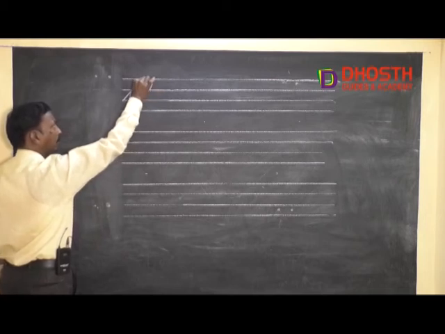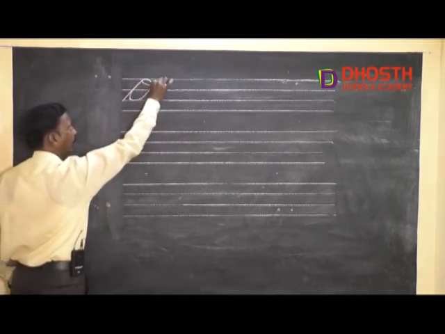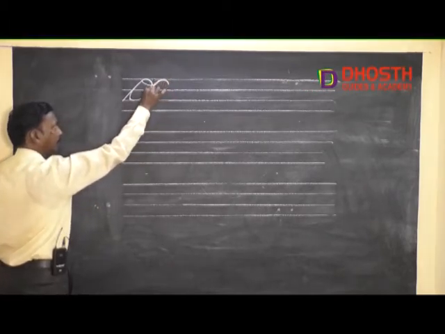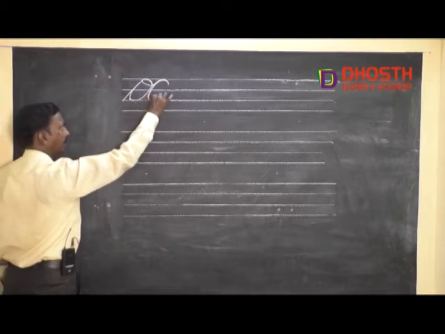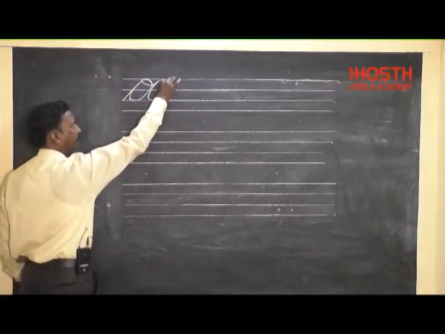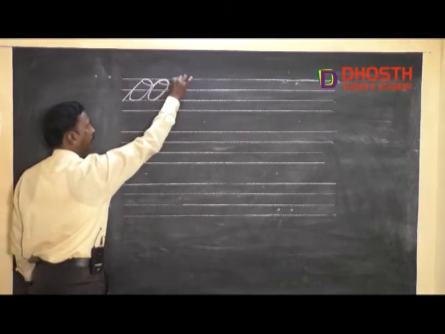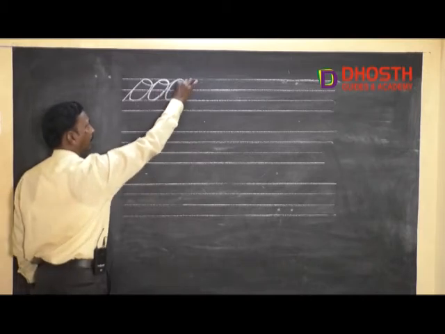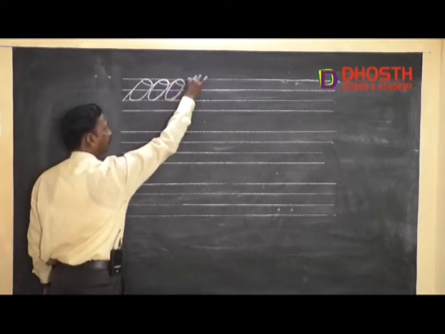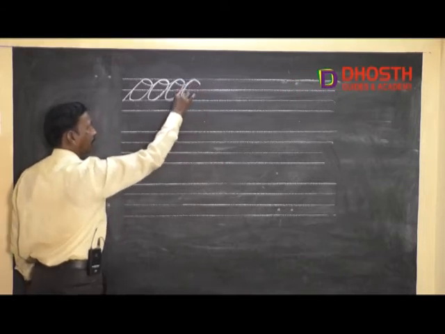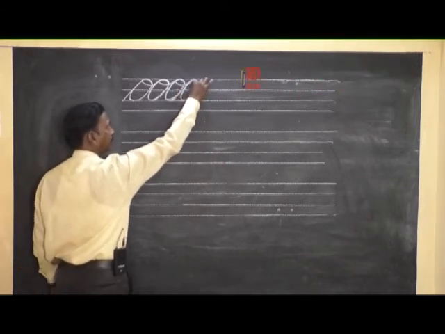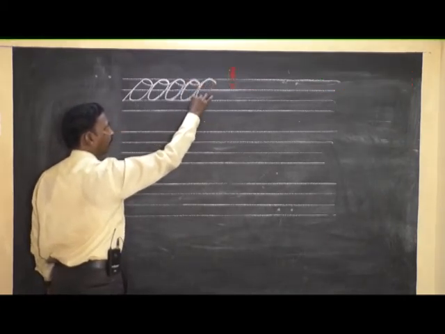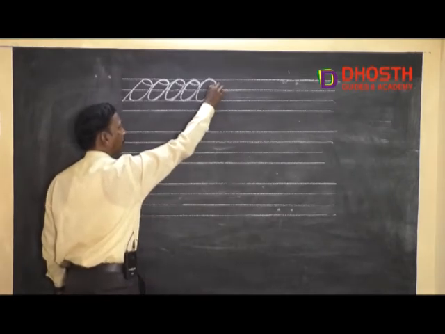Don't lift, go on the same line, just come out, go up like this, take a turn, just come like this. You will have a space and you have to maintain the same size and the angle for the second balloon. Go up, turn, come, maintain the size and the angle. Go up, touch, turn, maintain the angle and the size. Go up, turn, form an oval, you will get a balloon.